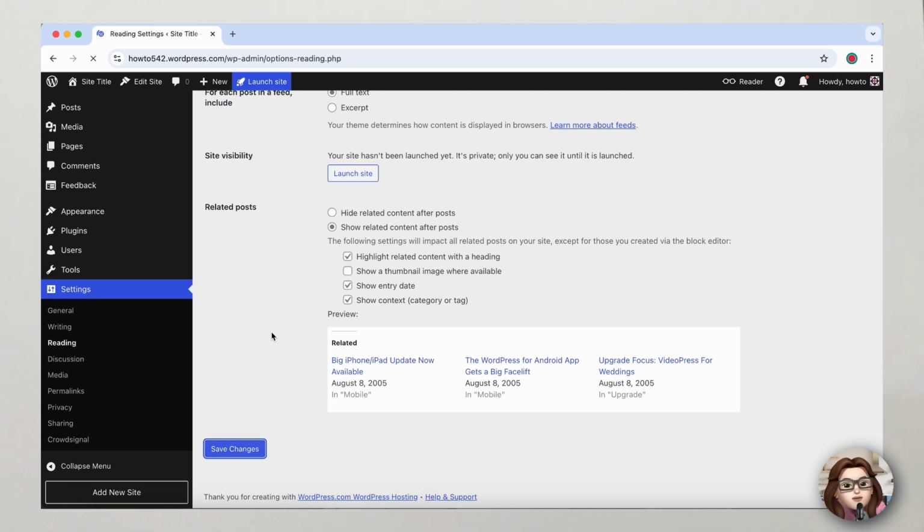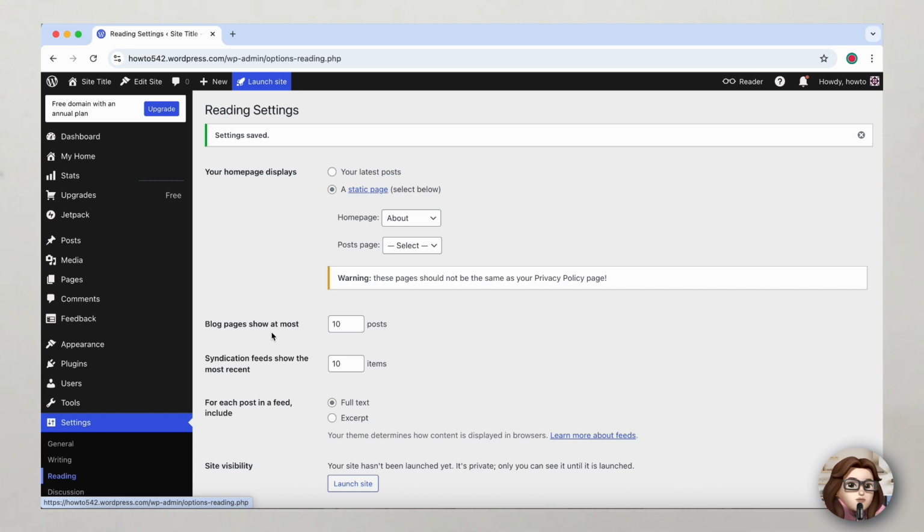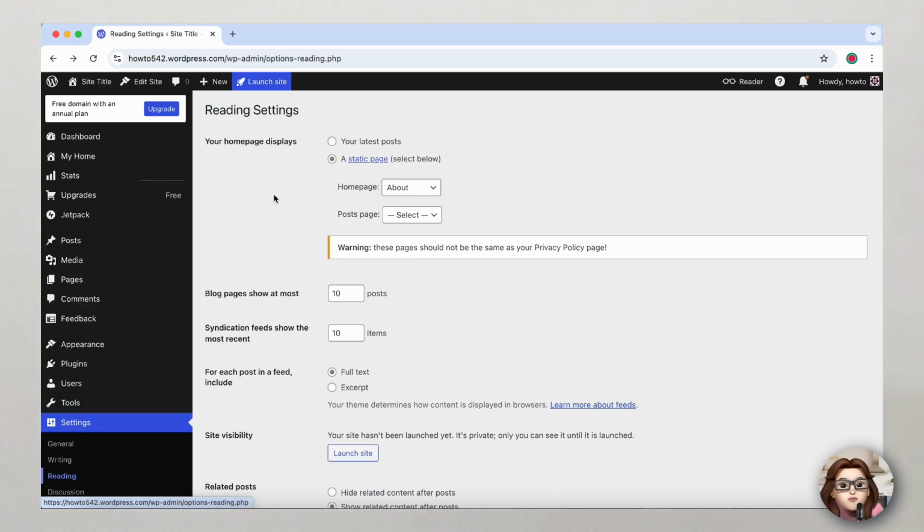And that's it. Your WordPress homepage is officially set. Refresh your site to see how it looks and adjust anytime you want. Simple, fast and